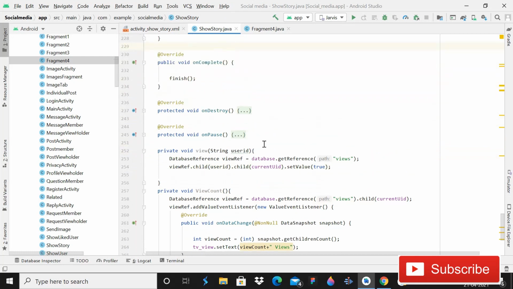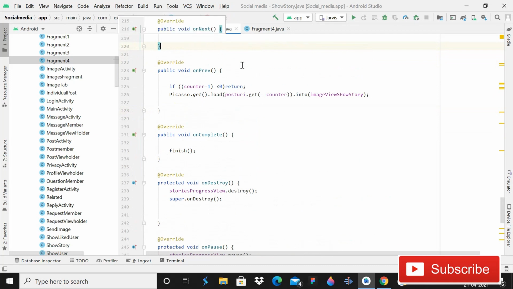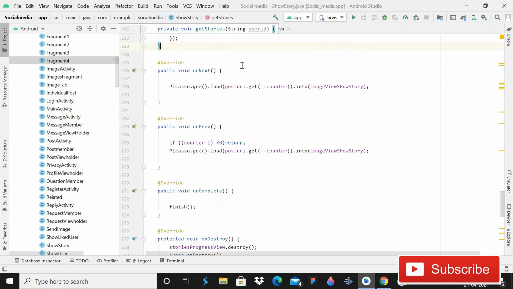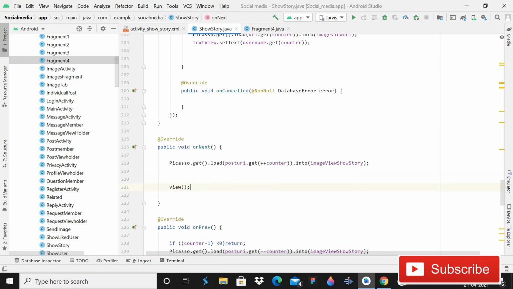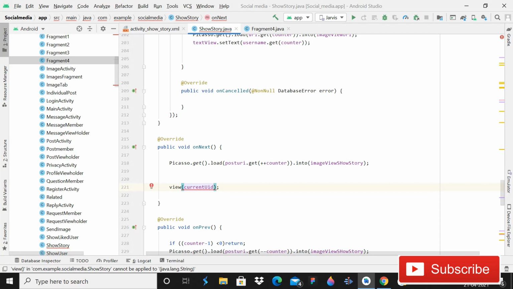Yeah, you have to open this onStart, and now you have to call these required methods. We can simply write story, and here you have to write current user ID.